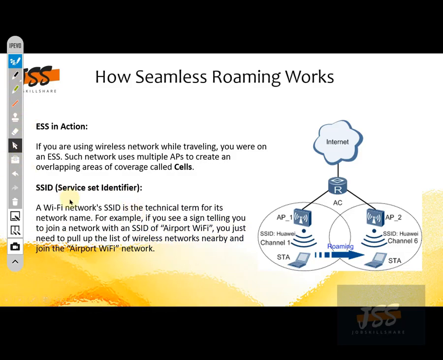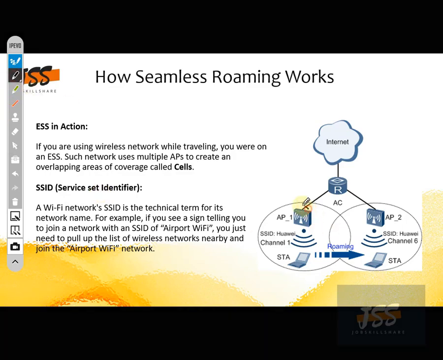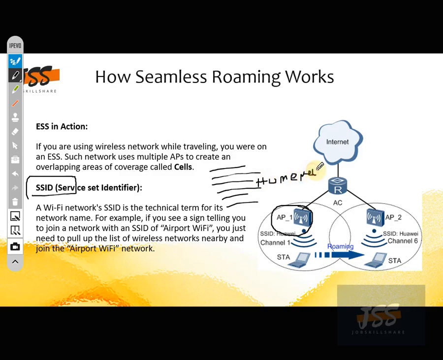Then SSID, service set identifier, is just the name of your access point. You might be familiar with this because if you are using internet at your home, of course in the Wi-Fi settings you will see multiple names of internet connections. Like the one you are using, maybe written as home net, which belongs to you. That is known as the SSID,